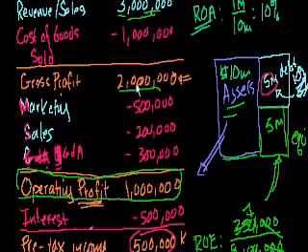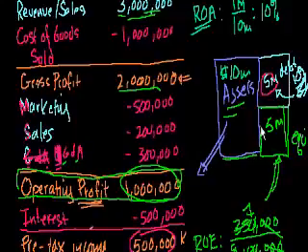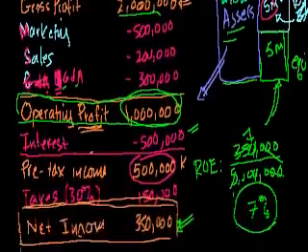But I have other expenses. I can't just put that in my pocket. I had marketing, sales, general and administrative. And then I was left with $1 million. And that's how much operating profit my widget company has produced. But I'm not done yet. As we learned in the last video, I didn't own the company outright. I had some debt, in this case $5 million worth of debt, so I had to pay some interest. There was 10% interest. So you take the interest out, you're left with $500,000 of pre-tax income, and of course